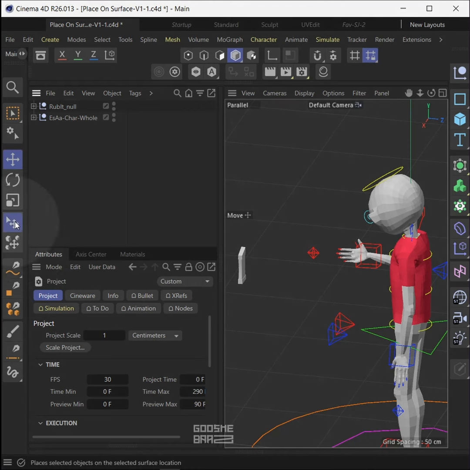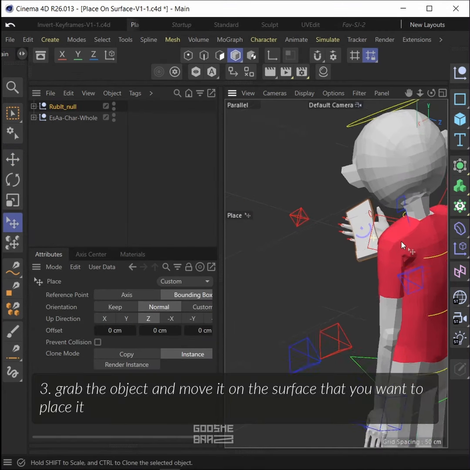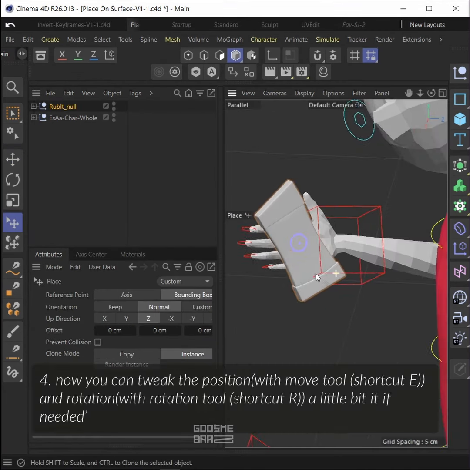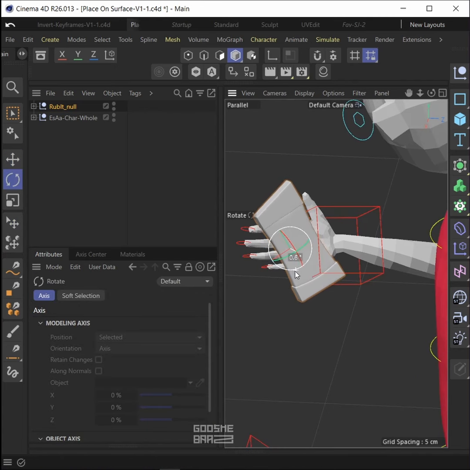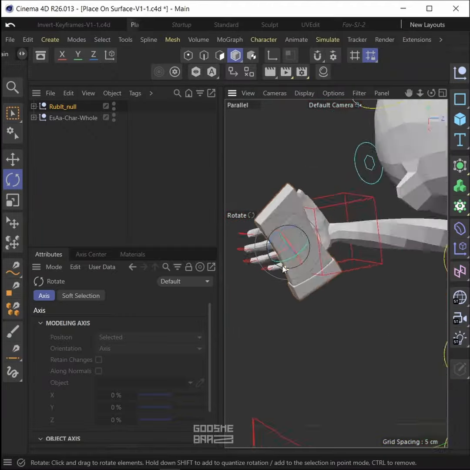or from the left hand side. Grab the object and move it onto the surface where you want to place it. Now you can tweak the position with the Move Tool, shortcut E, and the rotation with the Rotation Tool, shortcut R, a little